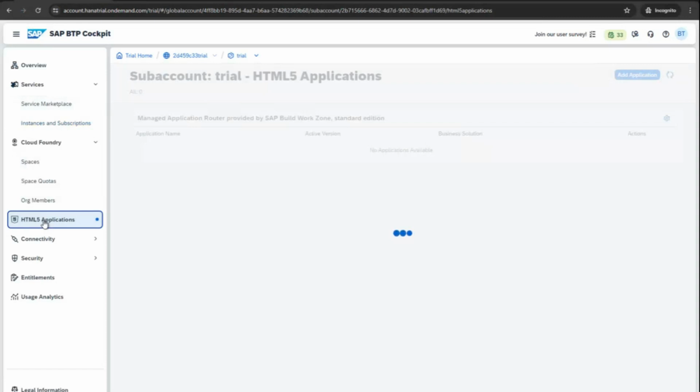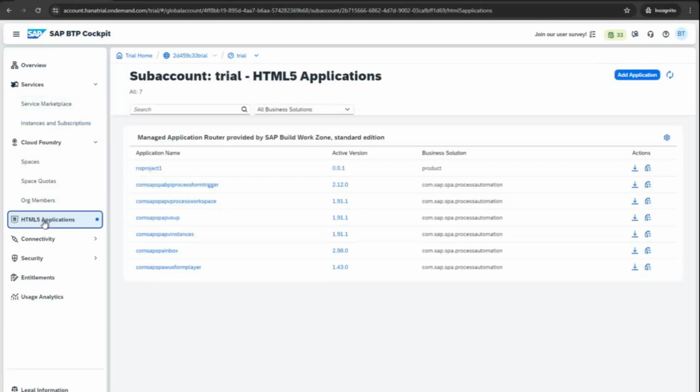What is a managed router? What is unmanaged? We will again explain when this concept comes. Okay. All the applications you can see here. For example, I have one application called product, which I'm also going to create right now. But if you want to see just a UI of the application, you can open that application